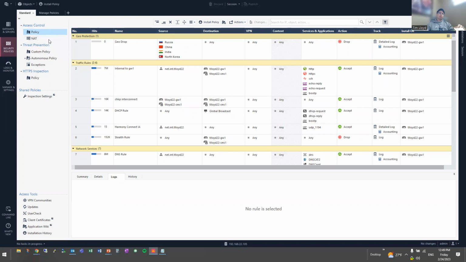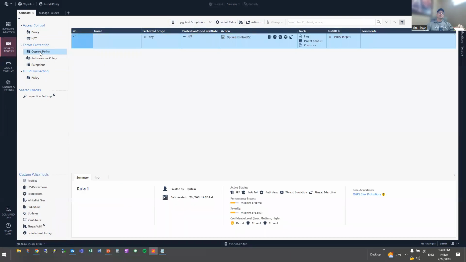When you click on any one of these areas, you're going to get a different set of tools. So if I go into the threat prevention area and I click on custom policy, you can see my tools change. And this is my threat prevention custom policy. You can see by quick glance